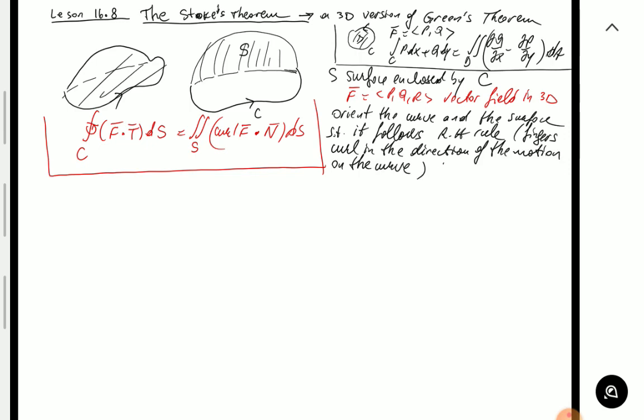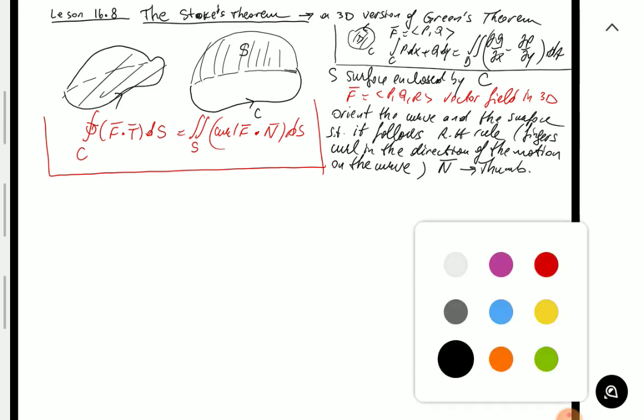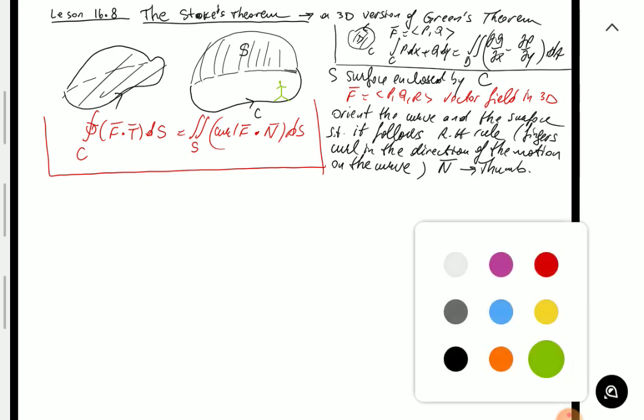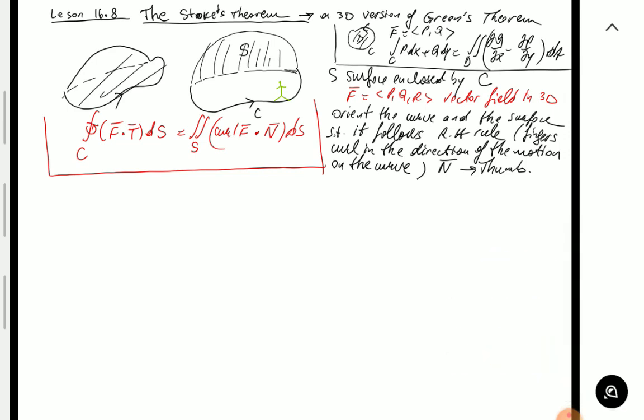So you orient the surface so that the normal points in the direction of the thumb with the right hand. Another way of putting it, if you imagine yourself walking on the curve, you're going to basically keep the normal upward and to your left as you walk around the curve. So you pick a way of going over the curve, and in doing so,